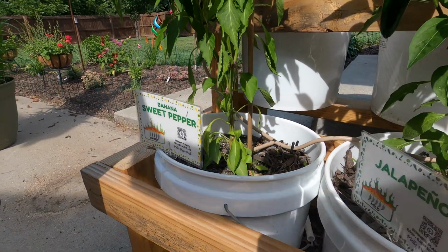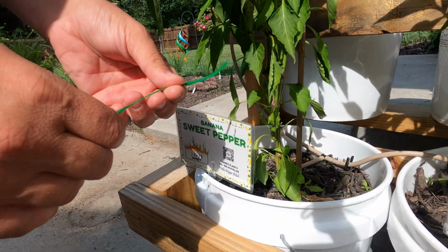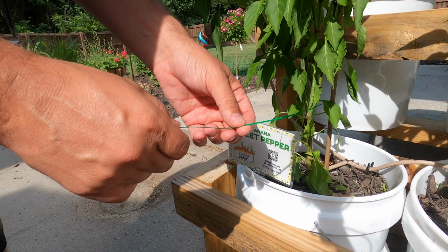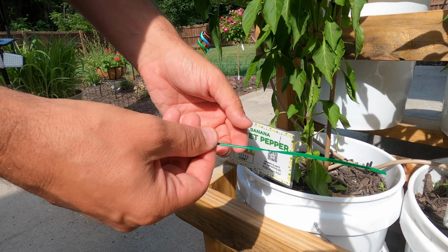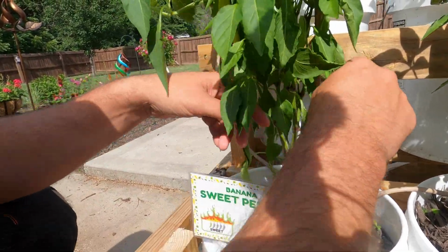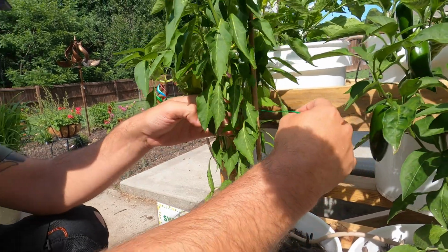And then what we'll do is we'll take just they have these plant ties. They come in all different types. Some of them are little thin wire type. This is like a bread tie looking one, but you just come up about, I don't know, say halfway, maybe three-quarters,